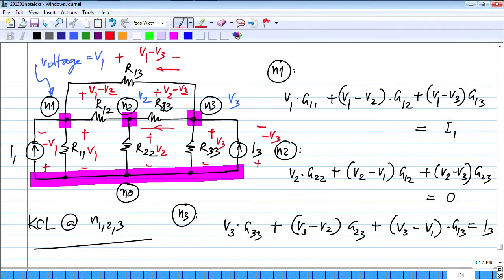Okay. And similarly now for branch currents, you have to go to every branch and look at the current-voltage relationships. You know the voltage of every branch, so you will be able to tell the current of any branch. Okay. For resistors the current is proportional to the voltage, and for these independent current sources the current is already known, they are independent of the voltages. Okay. So what I want to point out is that